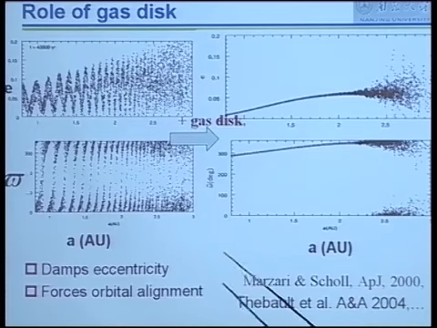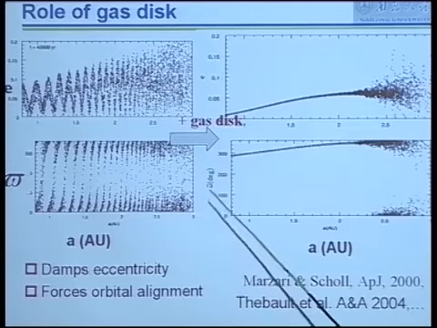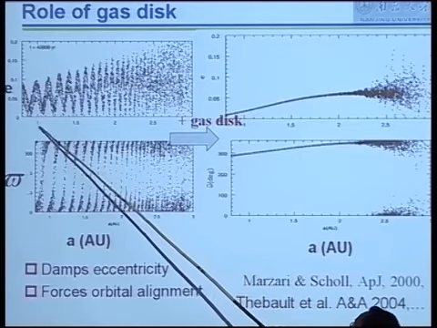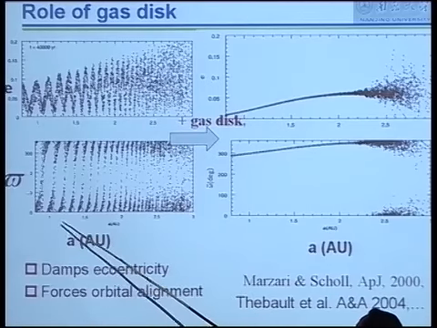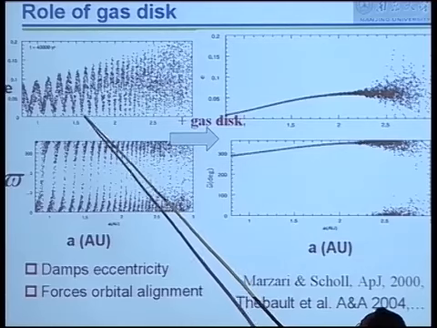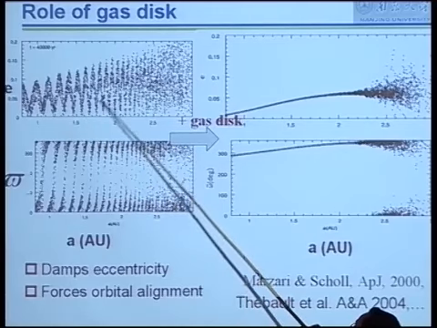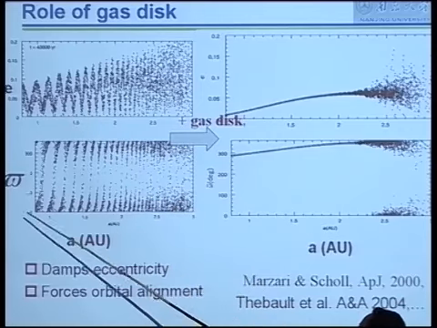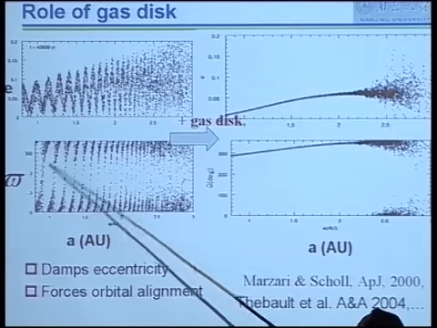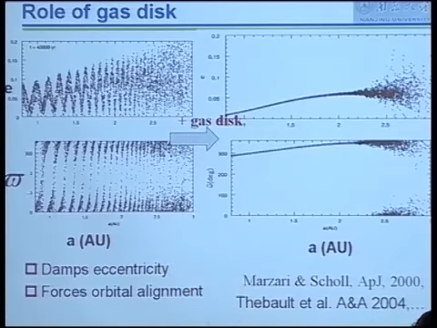These two plots show the situation without gas: for different locations in semi-major axis, the planetesimals get their eccentricity excited, and their longitude of periastron will librate at different locations.